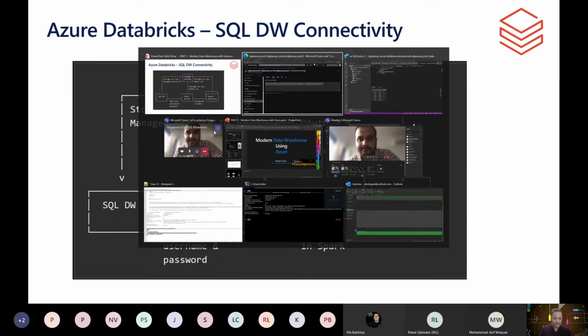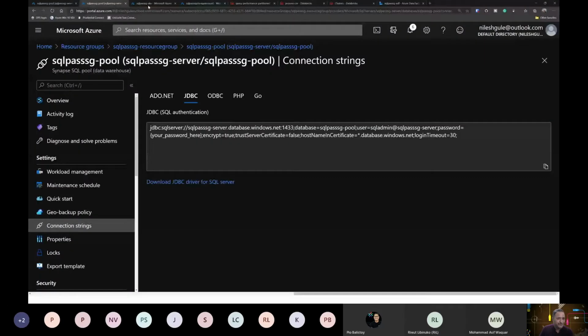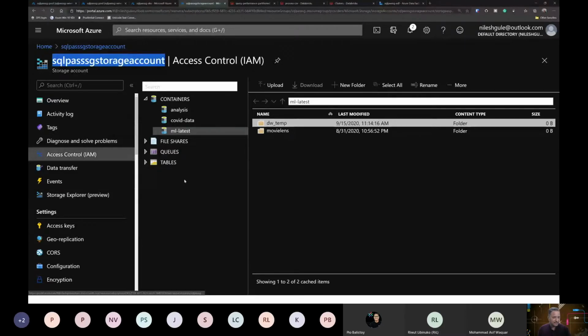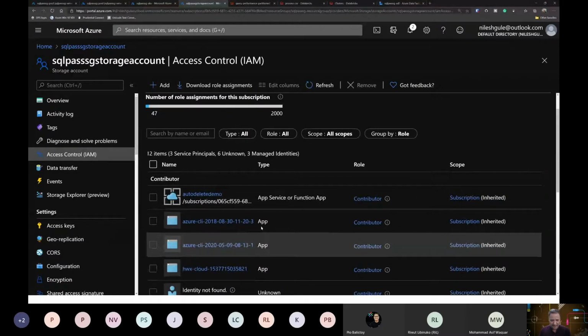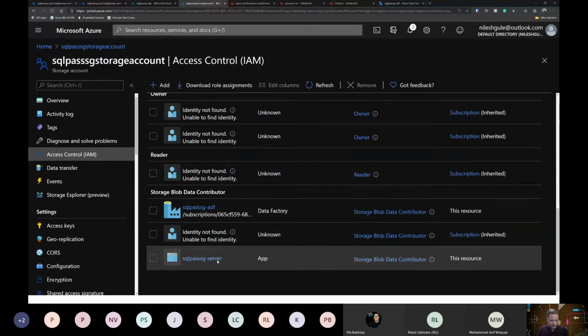For this purpose, I have used the managed service ID, and the way this works is for my SQL server, I assign an identity, and this identity is given access to the storage account. So when I go into my storage account and look at who has access, I need to give permission to that SQL Server account, the managed identity, so that it can work with this particular storage account.